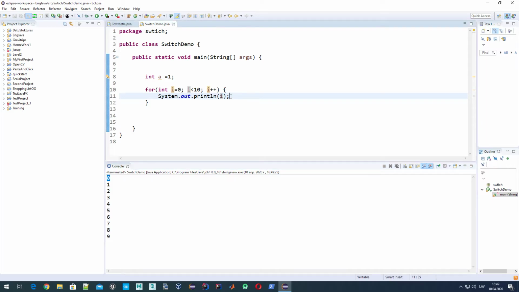At the end of the iteration, we do what is written here, so we increment i by 1. So it's now 1. Once we do this increment, we complete the first iteration, and now we start the second iteration, which is